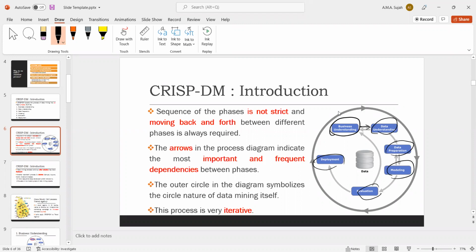So you can't directly go and collect the data. Before you do the data understanding, you must understand the business domain. What is the business domain here? Diabetic disease is the business domain. So you need to learn about diabetes, what types there are, how they can be found, what insulin is. Each and everything you need to learn about that disease. After that, you go to data understanding.